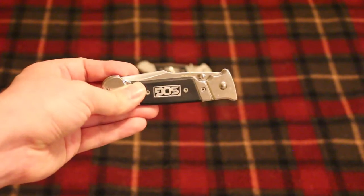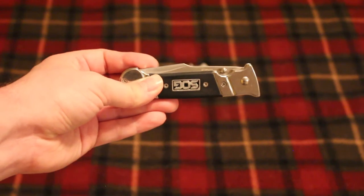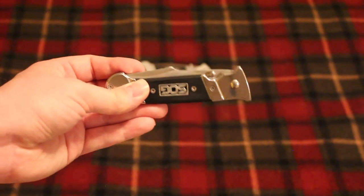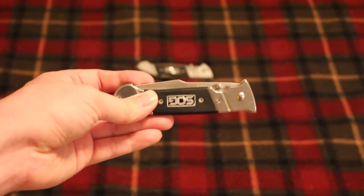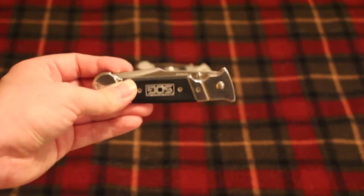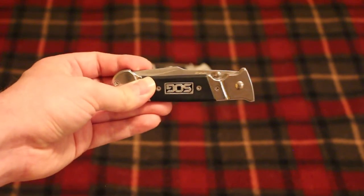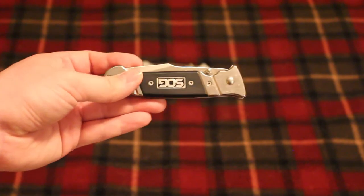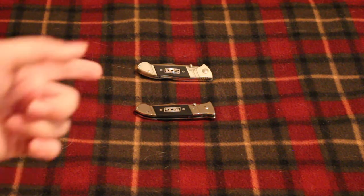And honestly, this is the knife that made me realize I really needed to be carrying a knife, because before I really didn't carry a knife all that much. And I started carrying this knife, and I realized just how many things I could use a knife for, and how many times this knife saved me, and just helped me out in general. So this was the knife that started my habit of always carrying a knife with me. So it's just a really, really good knife, and I really suggest, if you're in the market for a $20 to $30 knife, that you take a look at the SOG